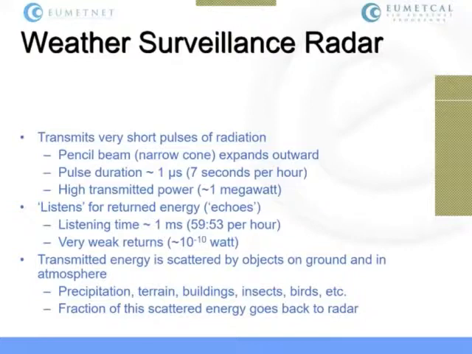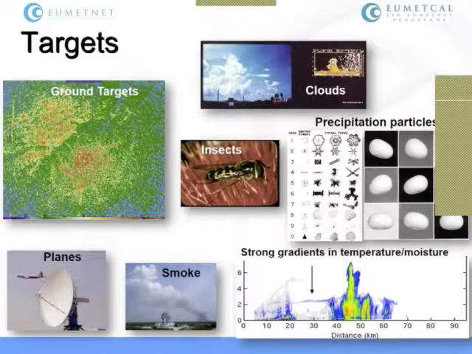After transmitting the energy into the atmosphere, we can see the precipitation. We can have targets that are on the ground. We can see the terrain. We can see insects, birds, and so on. These are just a few examples of what the radar can see. You can see here on the left the echoes coming from the ground targets. We can see, of course, the clouds, which is what we are interested in. We can see the insects. We can see the smoke. But these are part of another session that we have in a few weeks, which regards the non-meteorological targets, and we will see how we can interpret those.